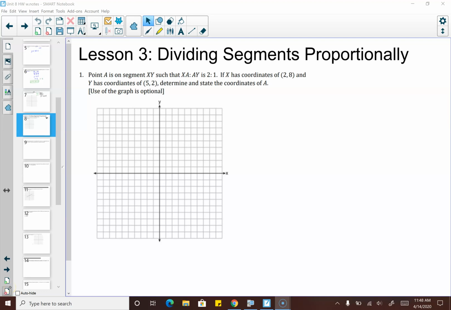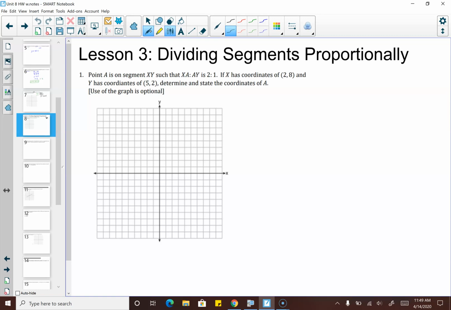For lesson 3's homework, we're going to work on dividing segments proportionally. We'll do one graphing, we'll do one algebraically, and then we will do a midpoint. So point A is on segment XY such that XA to AY is 2 to 1. If X has the coordinates 2, 8, and Y has the coordinates 5, 2, determine and state the coordinates of